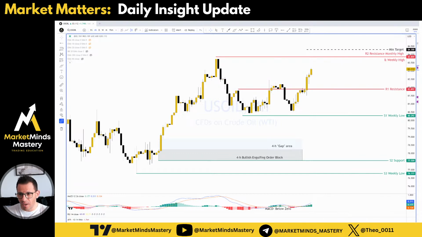Again, we're going to be very cautious around this resistance because we don't know what's going to happen. Maybe the price will decline and then move upward again. Don't expect that, because we set up a minimum target and the market is going to shoot straight and take the target. Okay,